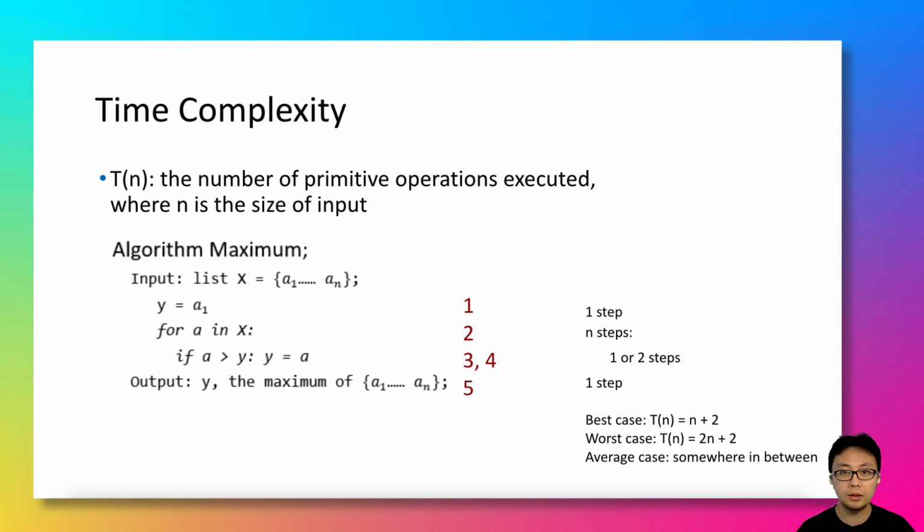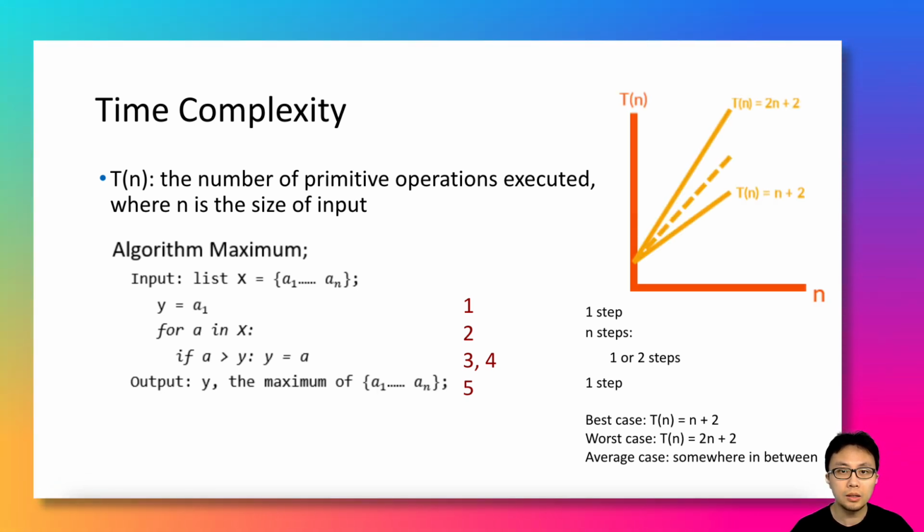variable in the end. So for the worst case, the only thing that would change is that you need to multiply n by 2, because both steps 3 and 4 are getting executed in every iteration of the for loop. Beyond the best and worst cases, you can estimate an average case that sits in between. If you plot the best and the worst cases in a 2D plane, the average case will sit somewhere in